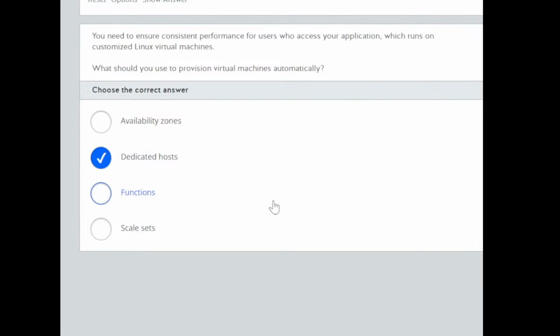Hey Google, what is skill sets in Azure? Scale set, hindi skill set. What is scale set?